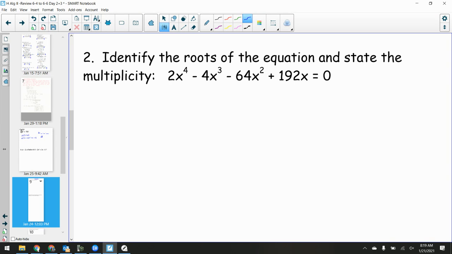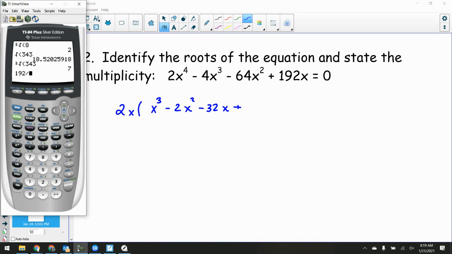My noisy cat. Okay, so 2x to the 4th minus 4x cubed minus 64x squared plus 192x. Well, the first thing that I would like to do is pull out the GCF. These are all even, so I know I can pull out a 2. And they all include an x, so let's pull that out. Leaving an x to the 3rd minus 2x squared minus 32x plus